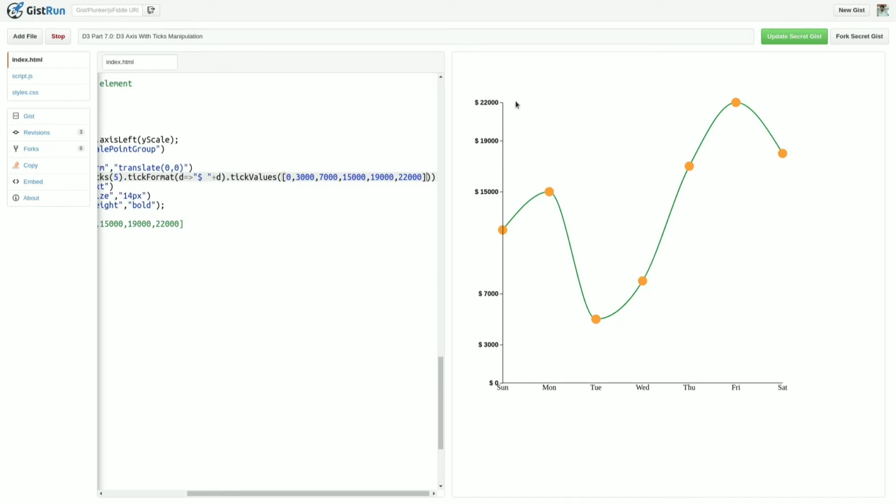So instead of the internal behavior of ticks, I have overridden it and provided the points that I want to show: 0, 3,000, 7,000, 15,000, 19,000 and 22,000. So this is under our control. This is about using d3 dot tickValues, that you can override the internal behavior of ticks. This way the ticks work.